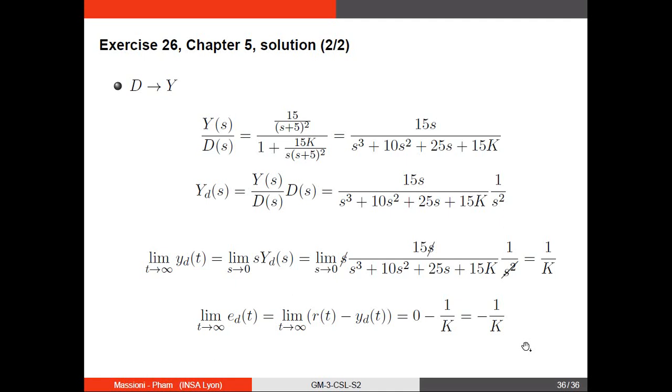There is a kind of trade-off between stability and precision. Adding integrators, increasing k, gives you more precision, but you get closer to the situation when you are not stable. You lose robustness if you wish. You become less and less robust, and if you exaggerate, your system in closed loop turns unstable. So I think that's all for this class. It was rather dense, but a lot of examples that I hope you have taken the chance to try and